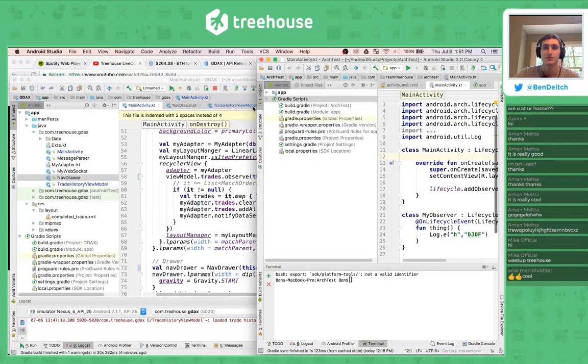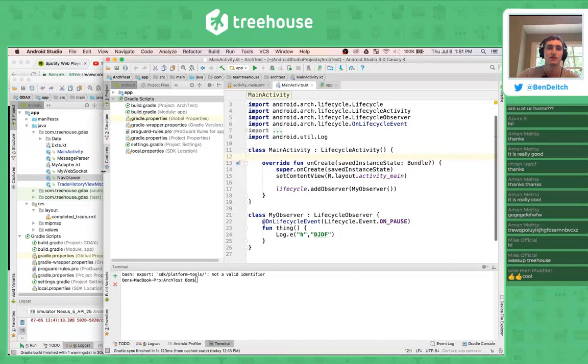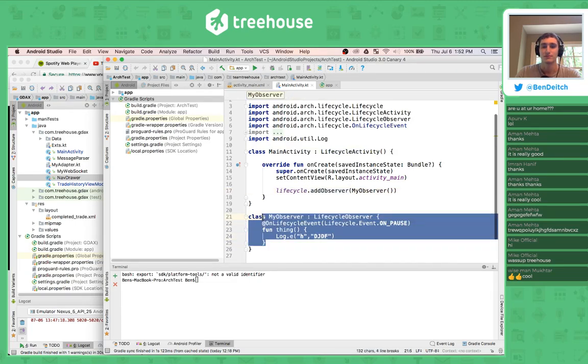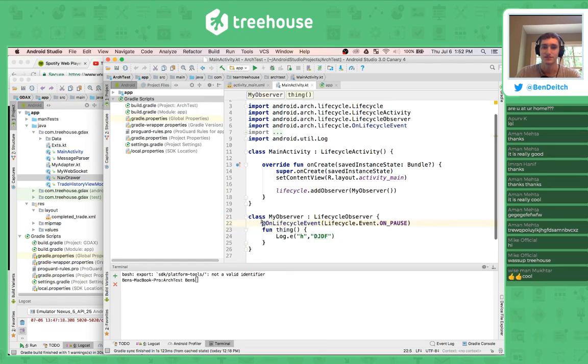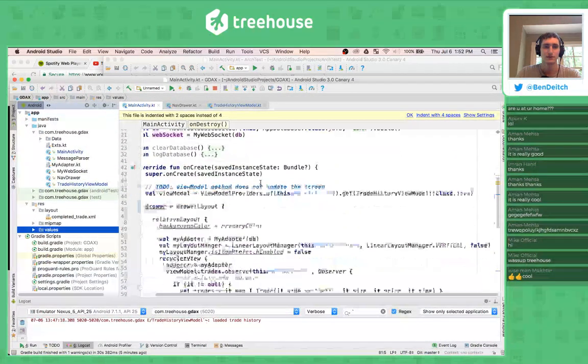So this is something cool that you can do when you're using a lifecycle activity. Once they've finished getting this out of beta, you won't need to use lifecycle activity or lifecycle fragment anymore. You'll just be able to use activity or app-compat activity or whatever. So you've got this lifecycle guide that you can add an observer to, and then things will happen on certain lifecycle events. So I think we can do that with our